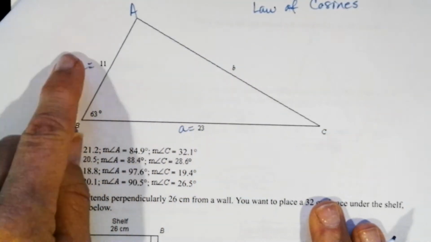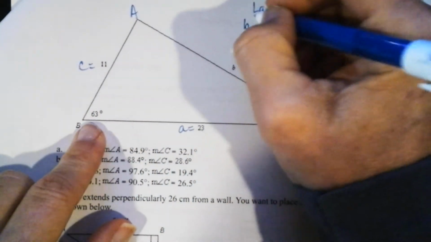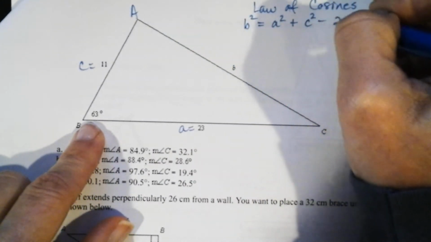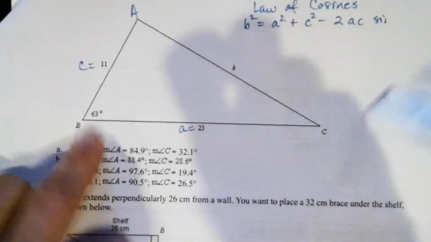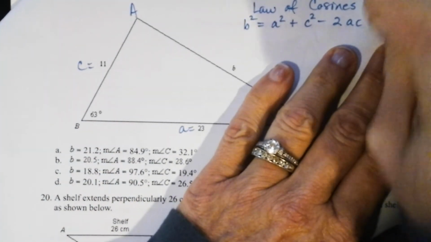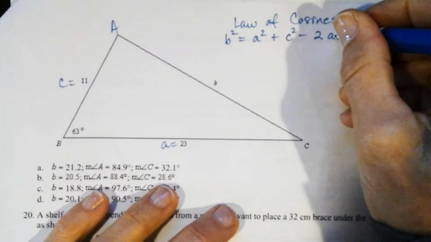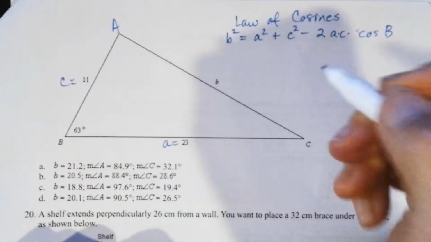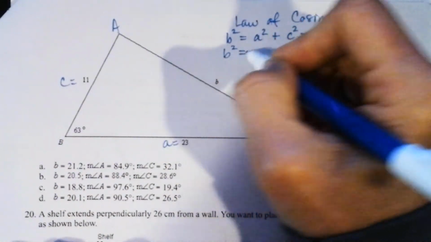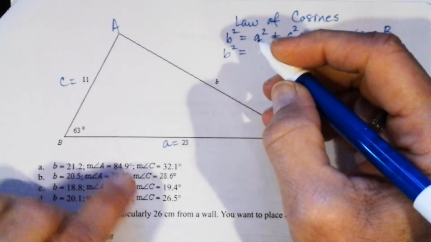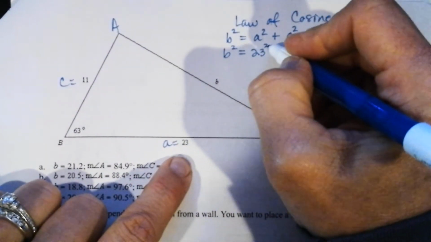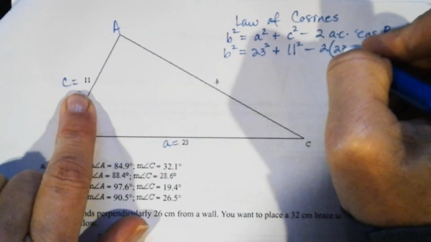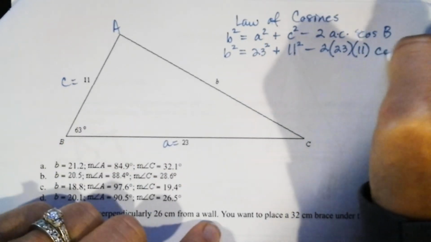And since I have A and C and angle B, I'm going to be using this version of the law of cosines: a squared plus c squared minus 2ac cosine of angle B. From there, it's just a plug and chug. b squared, that's what we're looking for, equals a is 23 squared plus 11 squared minus 2 times 23 times 11 times the cosine of